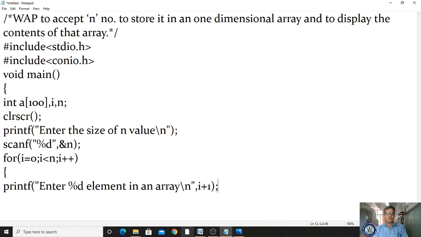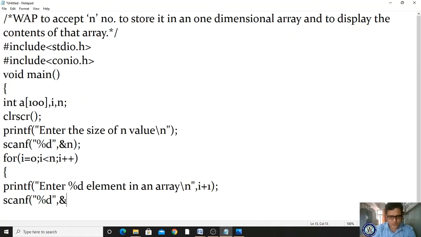I plus 1 means it will give the first element. We have to read the value from the keyboard and store it in the array. So where are we supposed to store? In this variable, right? So for that I am writing scanf "%d" and where do we store?